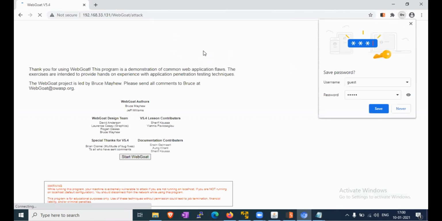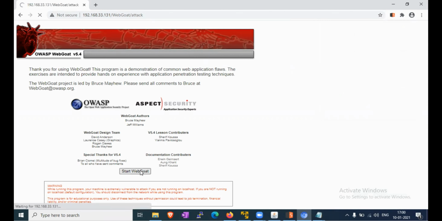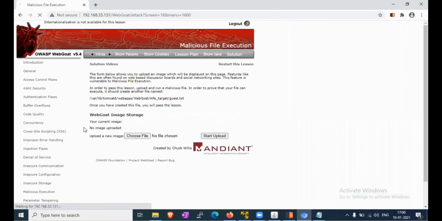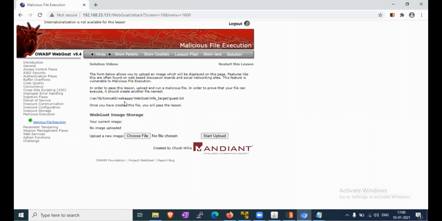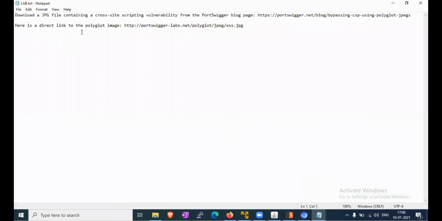For the malicious execution, we have to search for it. First, start the WebGoat malicious execution. Okay, this one, malicious file execution.